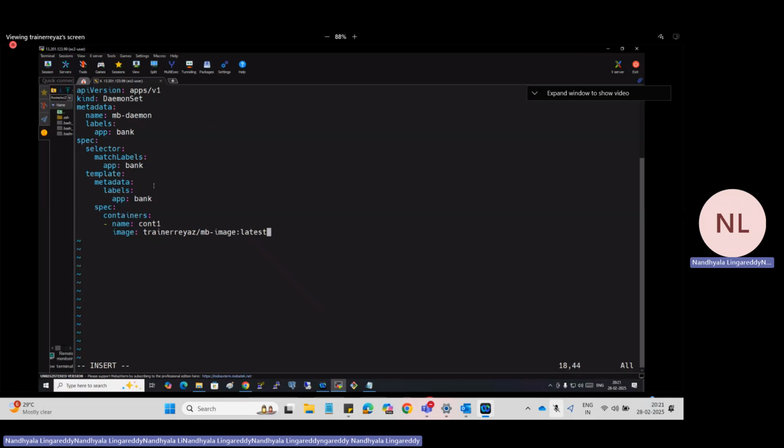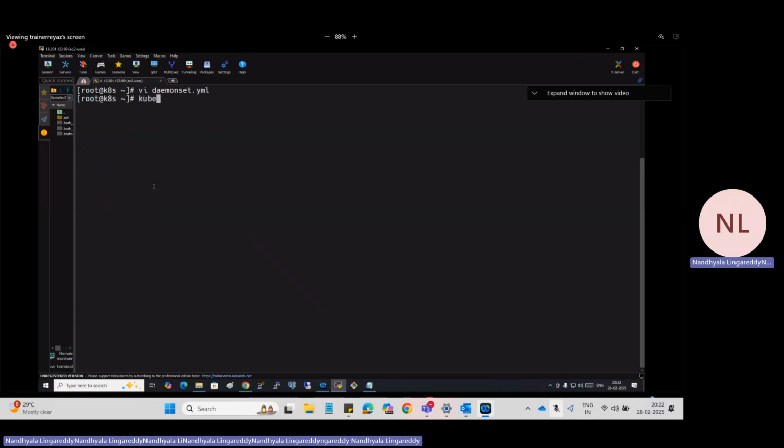No, by default 3? No, Dinesh. How many nodes are there? 3 nodes are there, but 1 is master and 2 are worker nodes. I told you the master node will not have the pods. And how many nodes are left now? 2 worker nodes are there. So how many pods will it create? 2. As many pods will be created as there are worker nodes. Okay.